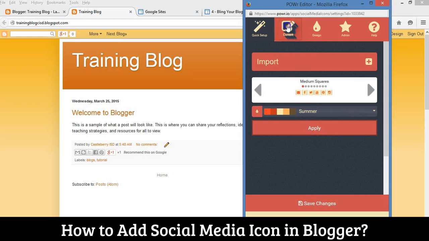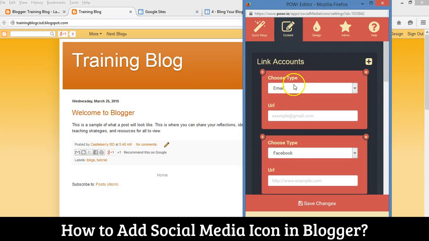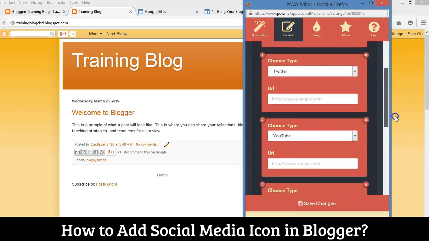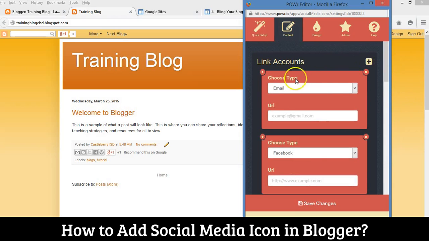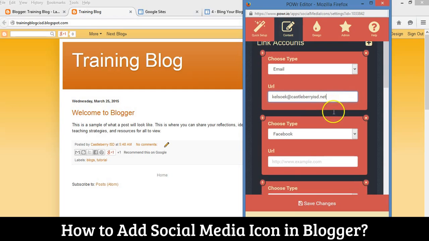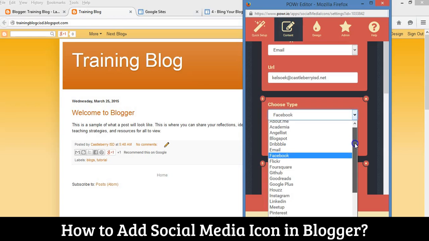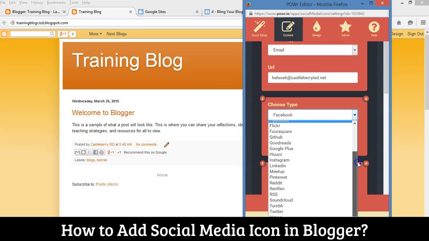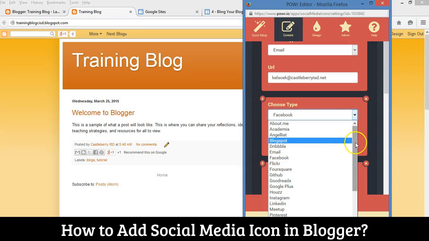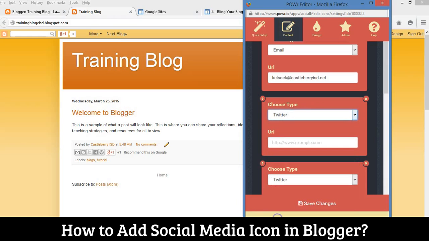Then I'm going to go to the content, and this is where I can choose the different things that I want linked. If I want my email, then I'm simply going to type in my email, and that way I know it's going to go to my email. If I wanted my Facebook page, I could put my Facebook page. And notice if I click this down arrow, I have a lot of different things that I could put in here. I think my next one is going to be to link to my Twitter, because I know that from here